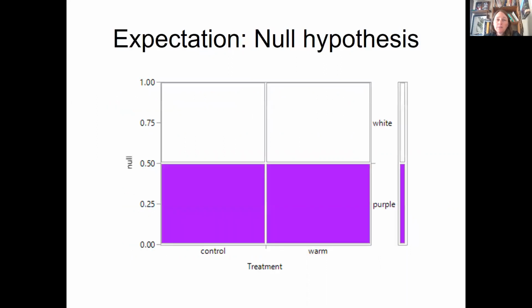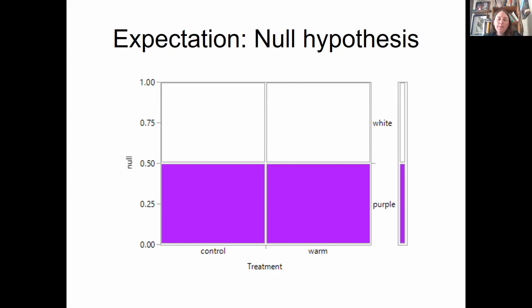So here's basically a picture of what the null hypothesis is proposing. If there's no effect of warming or control, then we'd expect about half white and half purple flowers in both treatments, okay? Just randomly, there's no effect of warming, and so the expectation is that the flower colors are going to be kind of equal and the same in both types, okay? So this would be the null hypothesis. And you can see the warm and control is on the x-axis, and